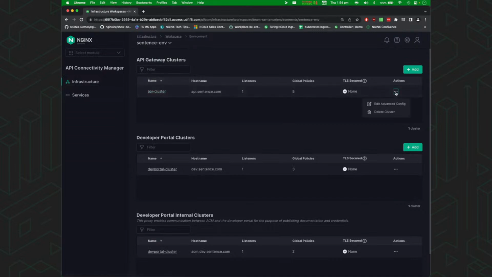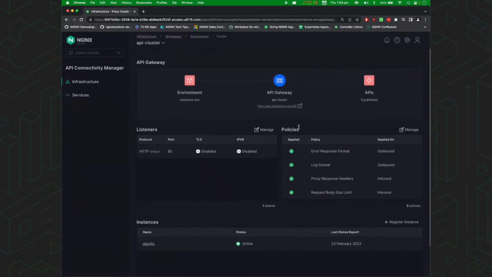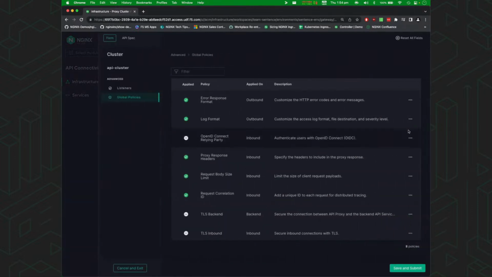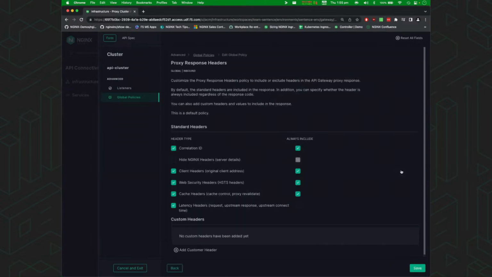And then if we just look here at the individual cluster, we'll look at the API one. You can see that infrastructure team has the ability to assign policies. So not only do they define the ports and the URLs that could be deployed, but they can also deploy the global policies that we see here. So if there's a corporate standard for, say, error response formats or log formats, proxy response headers, we can now go in and say, okay, infrastructure team have defined corporate standards that all the APIs need to adhere to,